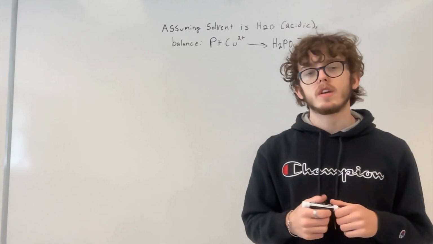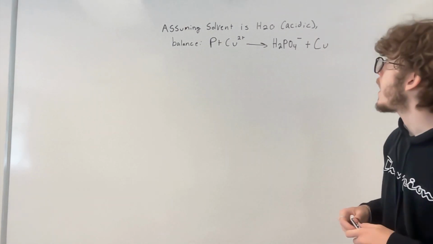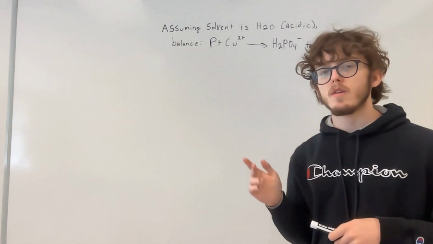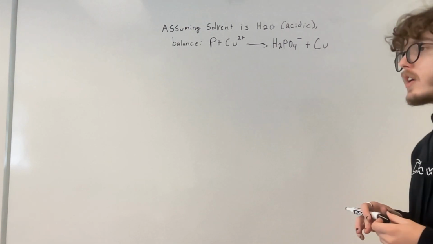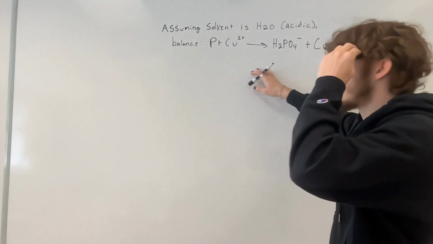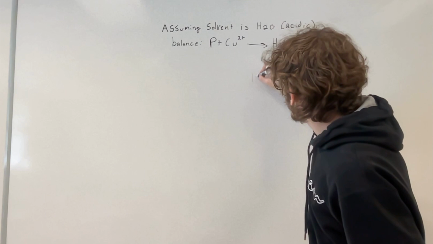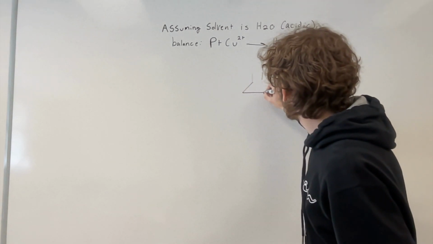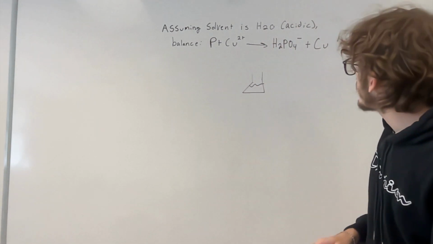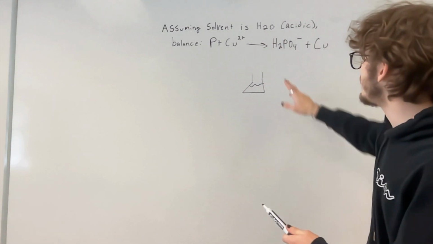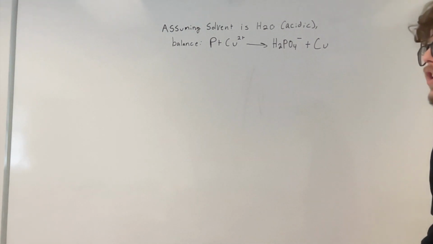In this video, we're going to be looking at balancing redox equations given an acidic or basic medium in water. So again, we assume that the solvent is water here. We put this in an aqueous environment. So you have a little flask here, and it's filled with water, and you put the phosphorus and the copper in there. And what's going to happen is it forms these two compounds here, H2PO4 with a negative charge and